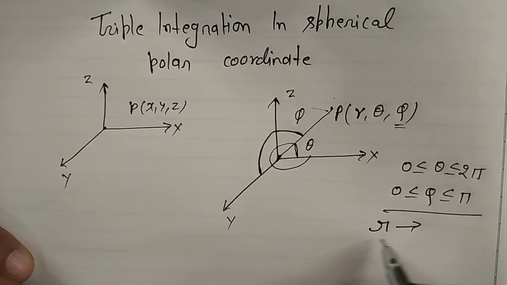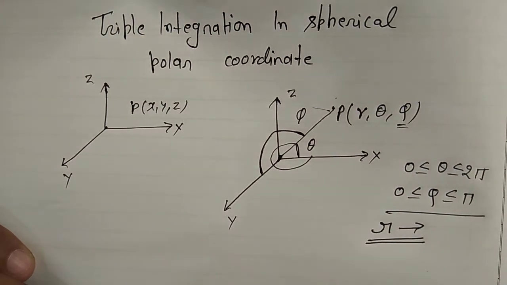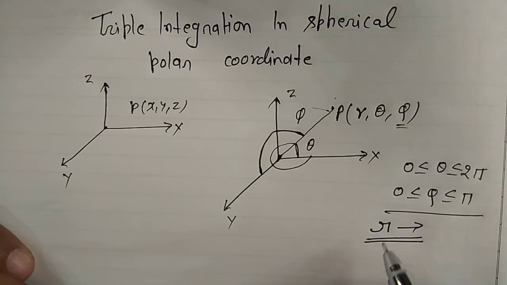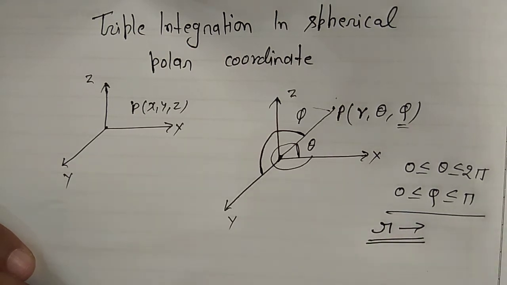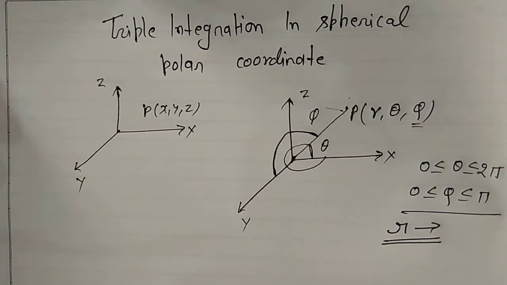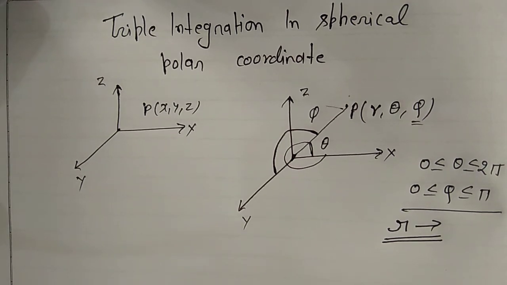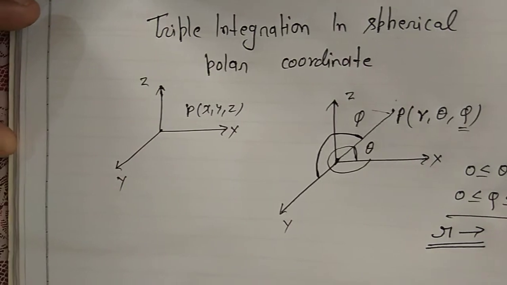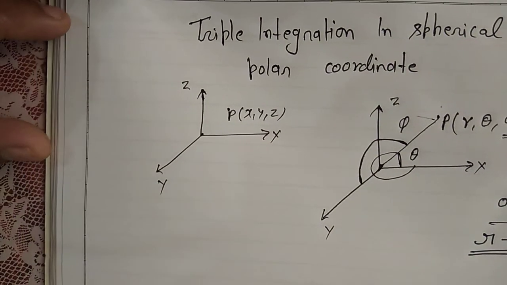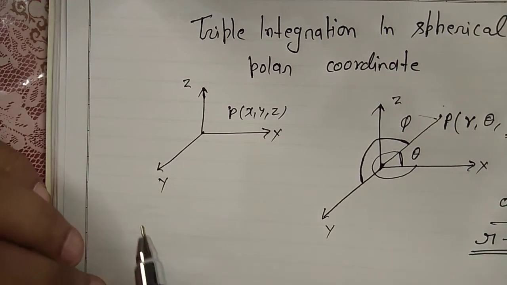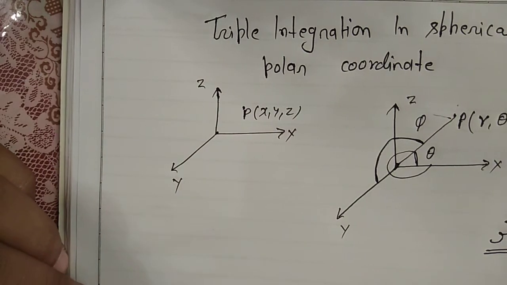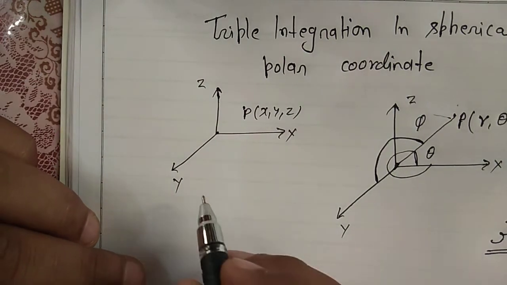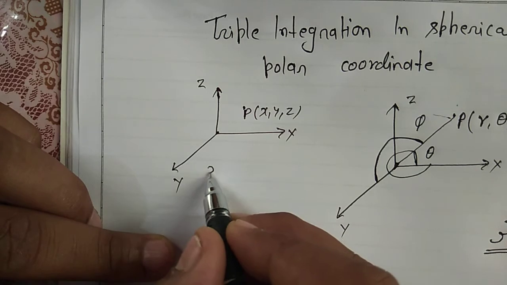So it has no limit, it can be anything, but it is positive. It will vary from 0 to some number, okay. So these are the parameters. Now the relation between Cartesian coordinate and polar coordinate, we have x equal to